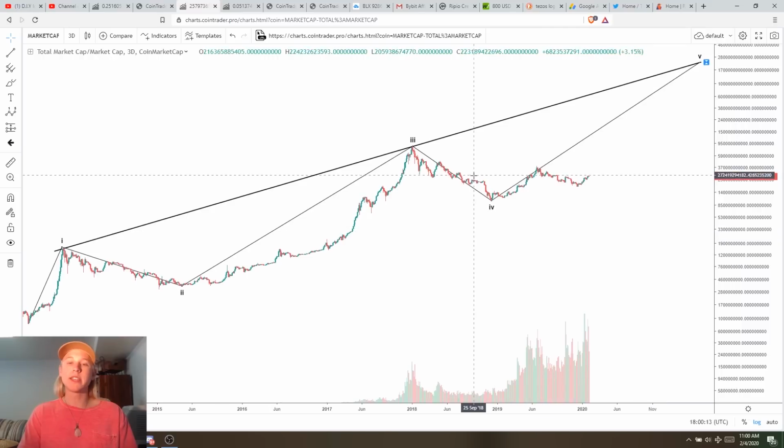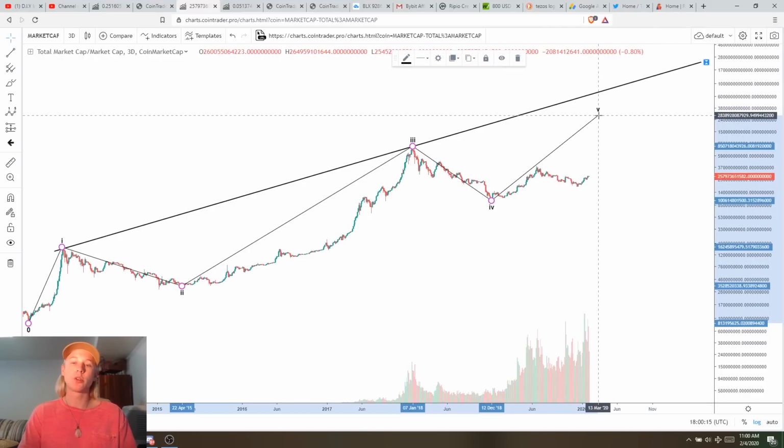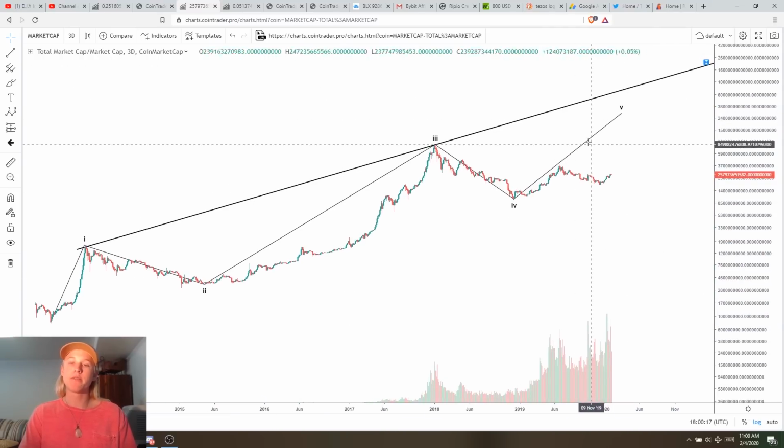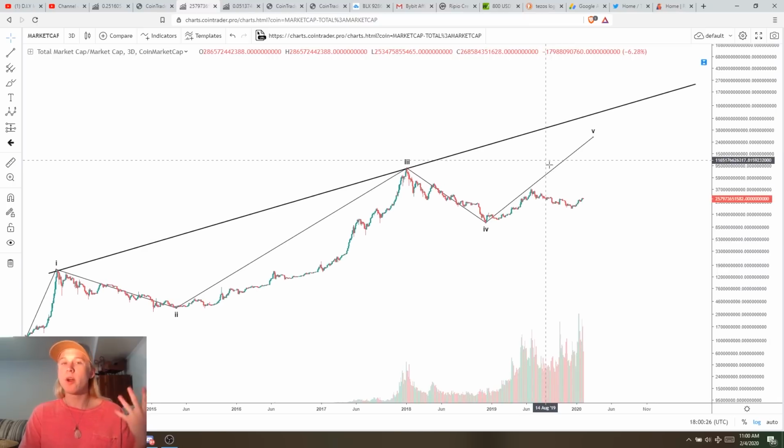Now, what we're going to see is a big 5 wave. It could be shorter in duration. Sometimes the 5 wave can be the same size as the 1, so that would have been about this move here. And other times, the 5 wave can get overextended, and it could be like the 3 wave. And so we have no idea what's going to happen.